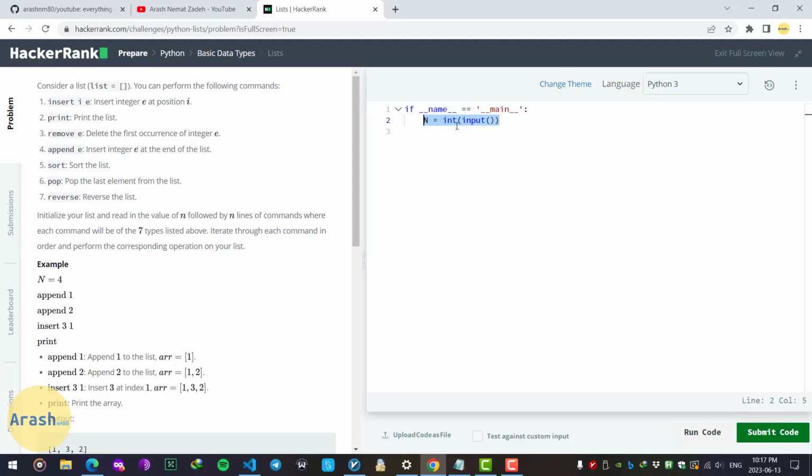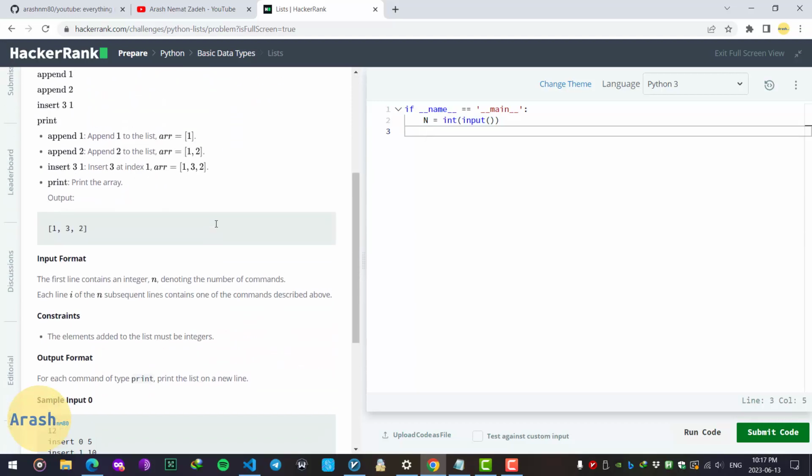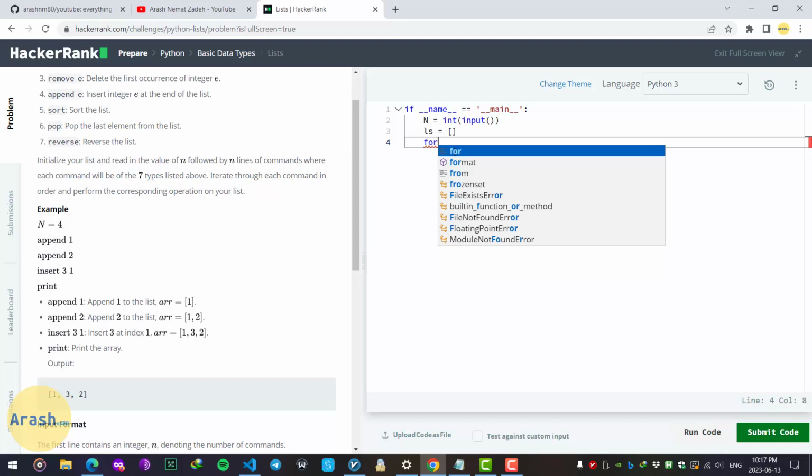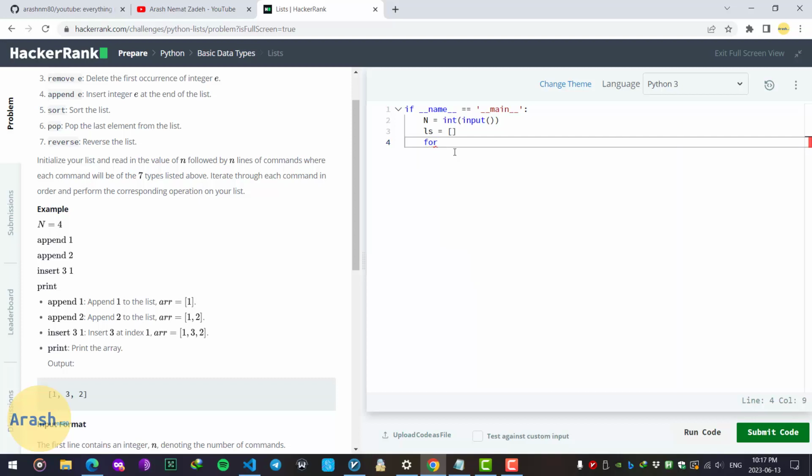give us a number in the input, and it is the count of how many functions are going to be performed on our list. Well, let's define a list. For example, we define it as ls, and for now it will be equal to nothing. It's empty for now. And we write down a for to loop through our commands n times. So for underscore in range n, and inside this for we write the remaining of our